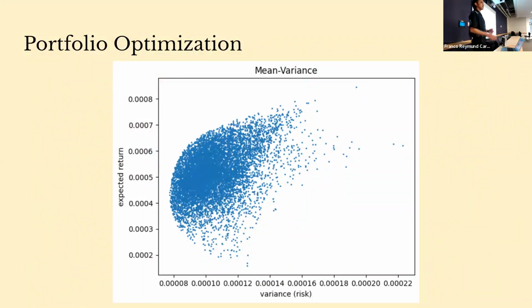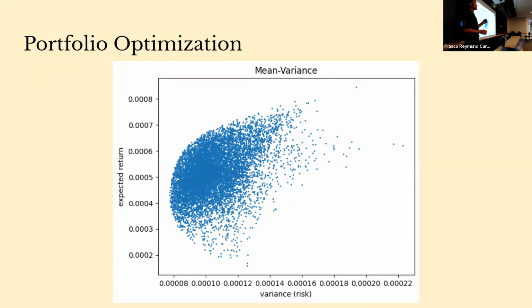So what you guys are looking at right here is modern portfolio theory. I'll take a little bit to let everyone catch up in the code, but for any given portfolio, right, depending on how you choose to allocate your resources or the proportions of the stock, you'll get a different variance for your portfolio, and you'll get a different